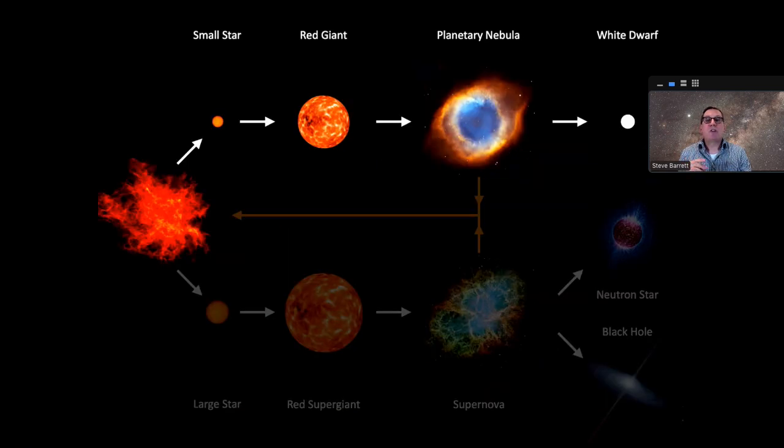So if we return to this idea of stellar evolution, it is possible for the collapsing cloud to produce a small star which ends up as a white dwarf. But it might also produce a large star. In other words, it might be that more mass starts to collect together and then will start to undergo nuclear fusion. Remember the balance? Gravity has to be balanced by the nuclear reactions keeping gravity at bay.